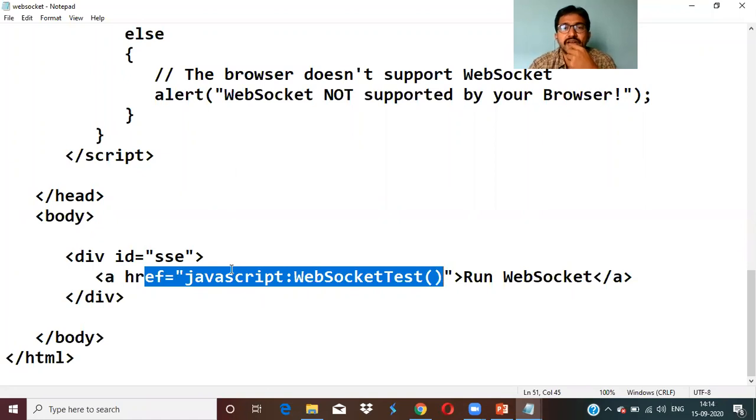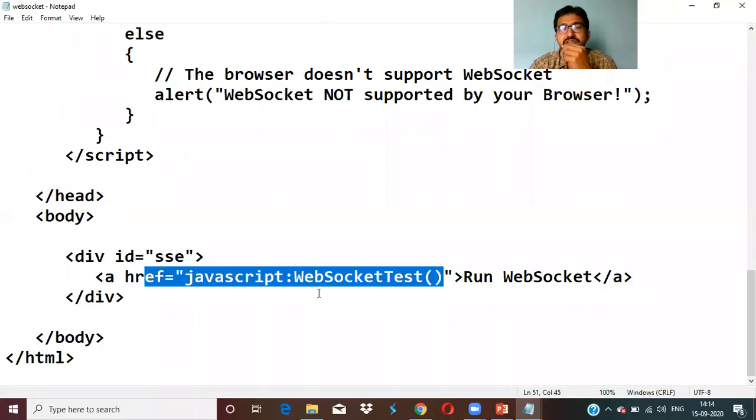Because to connect to the server, we require at least a local server. So without that local server, we are just testing in this example whether my browser is ready to connect with the server. If it is ready, it will get some responses from the server if it is connected. If it is not connected, it has to show the error, right? So just for testing purposes, I'm writing this program.